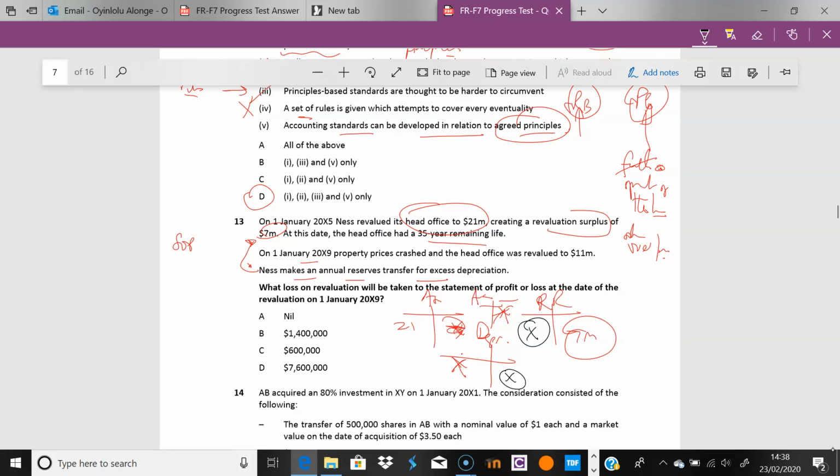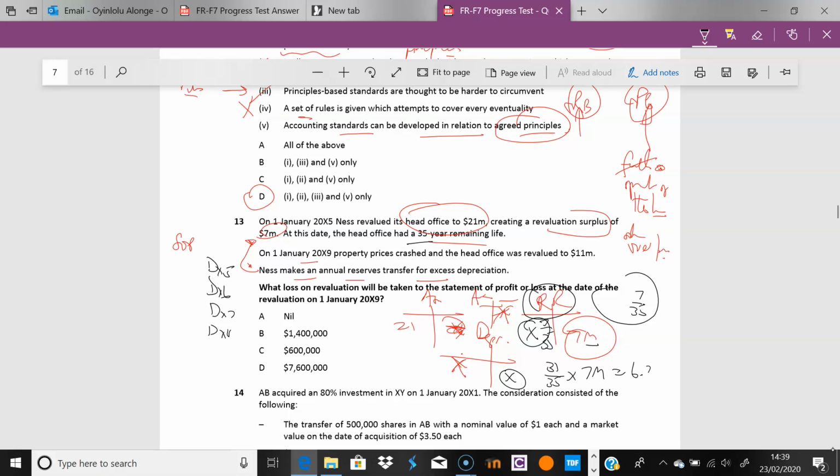How do I know what to do? Well, I have the same principle. I have 7 million here over 35 years. I'll gradually release that. So 7 over 35 is what I will release from here every single year. So now I've done January X5, so that's December X5, December X6, December X7, December X8. So that's 4 years. So I would have transferred 4 years of revaluation out of here over the 4 year period. That would leave me technically with 31 years left of revaluation available in the revaluation reserve. So 31 over 35 times 7 million takes me to